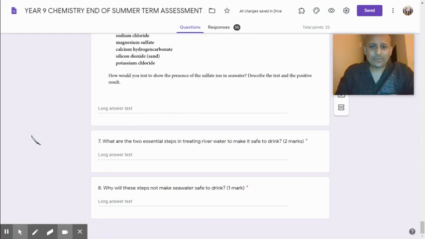Two essential steps in treating river water. The first thing you need is filtration. There were some people that described sand beds and filter trap screening. That was absolutely fine. They picked up the one mark there. I was happy with that. The second one that you need to do is